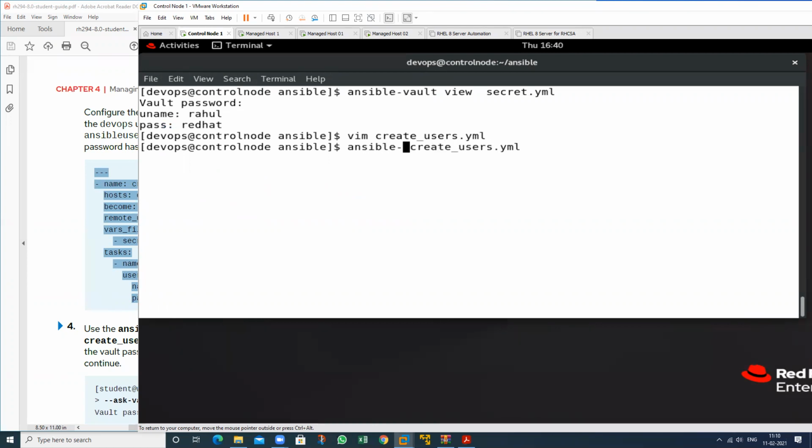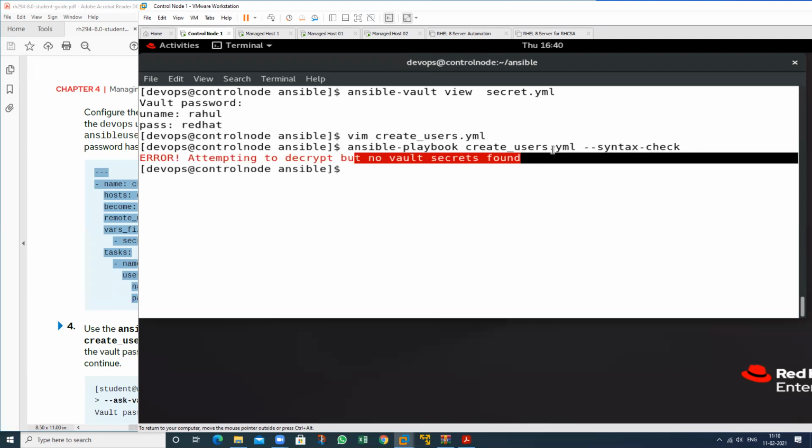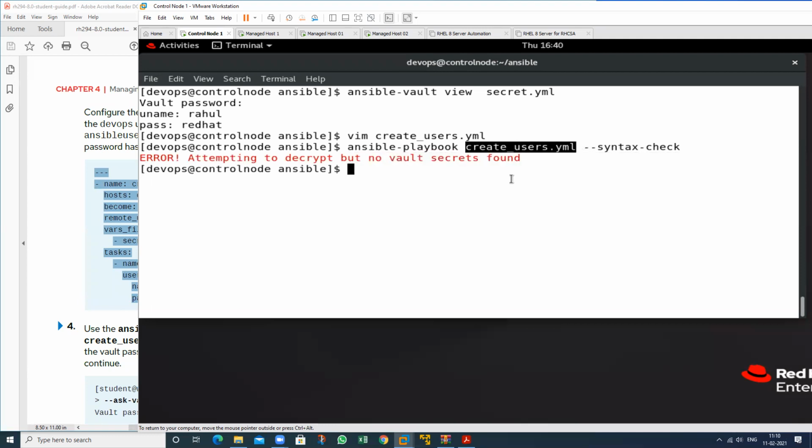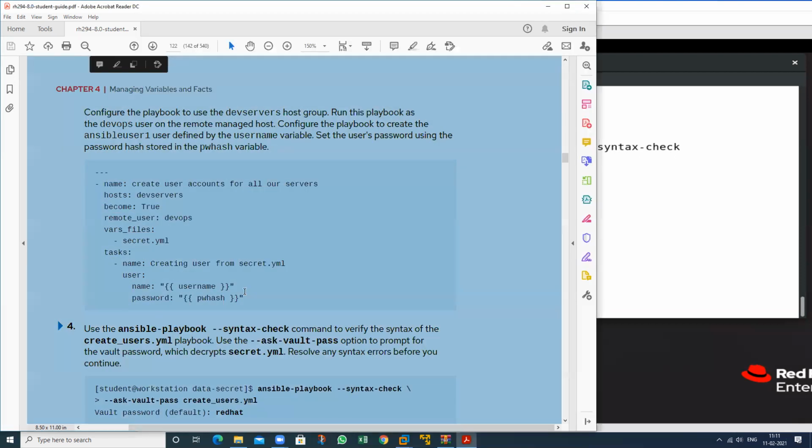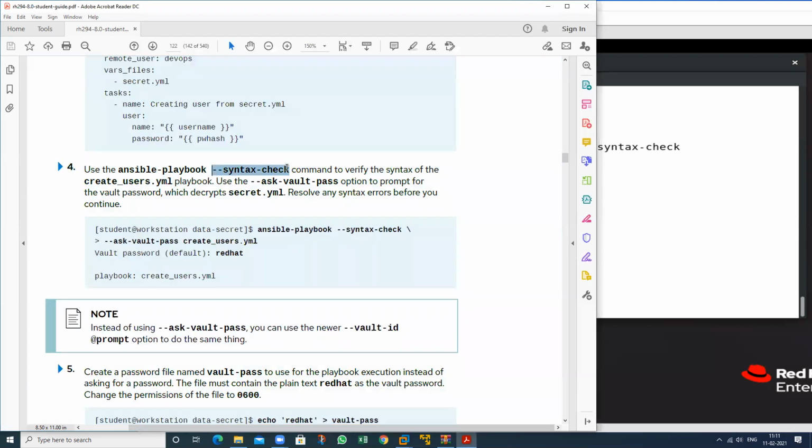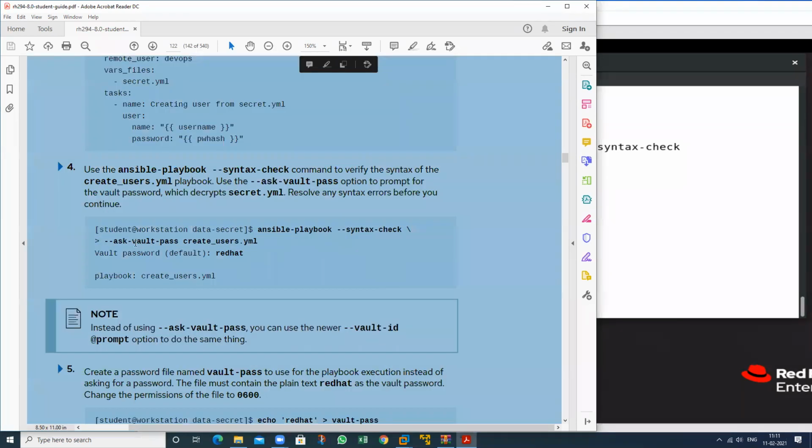If you want to check the syntax, run ansible-playbook with --syntax-check. Then what is the result? In this playbook we have a file, and that file is encrypted through Ansible Vault. Then a vault password is required. You are not able to do the syntax check without the password.